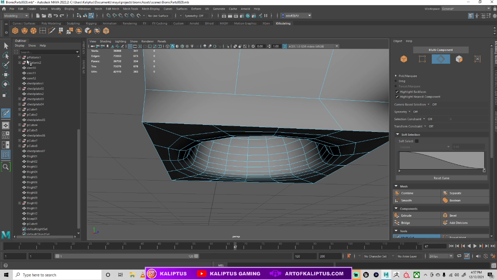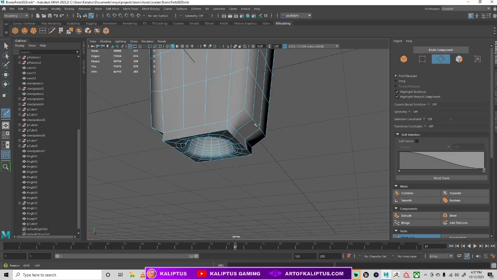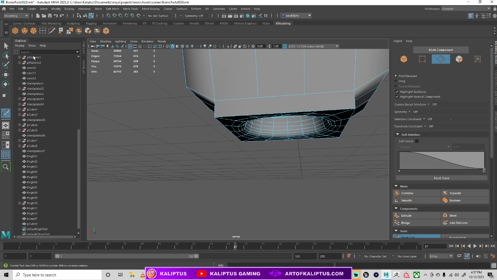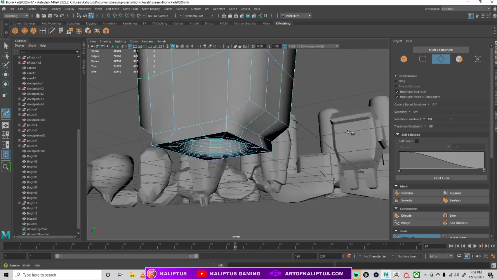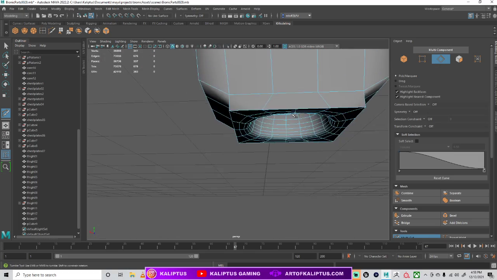There's probably a faster way to do this. You know, when there's a way, and that's the way that you know, then that's good enough. As long as we have clean topology, that's what matters. Sometimes you gotta do this stuff by hand. We're pretty good. Now we just need